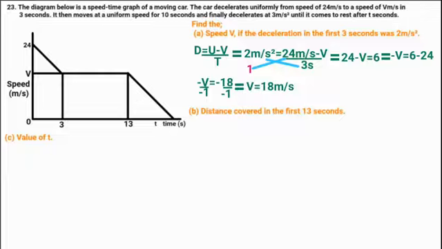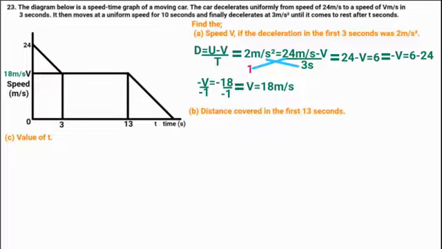So the v I'm talking about, here, is 18 meters per second. I'm also going to indicate 18 meters per second there. Once I've done that, that is the answer. So v is equal to 18 meters per second. Now let's come to question B, which is